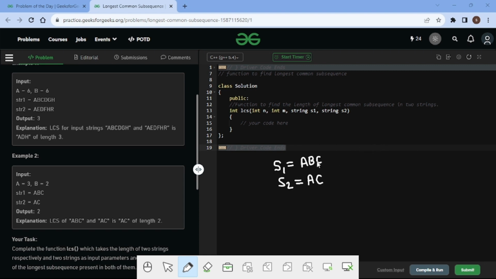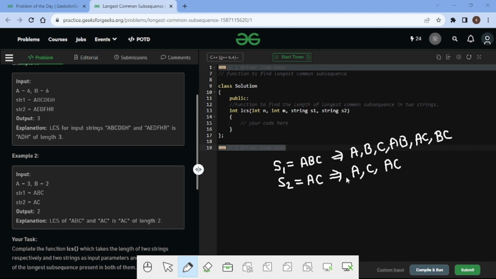The subsequences of S1 can be represented as A, B, C, AB, AC, and BC. These are the subsequences of S1, and the subsequences of S2 are A, C, and AC.